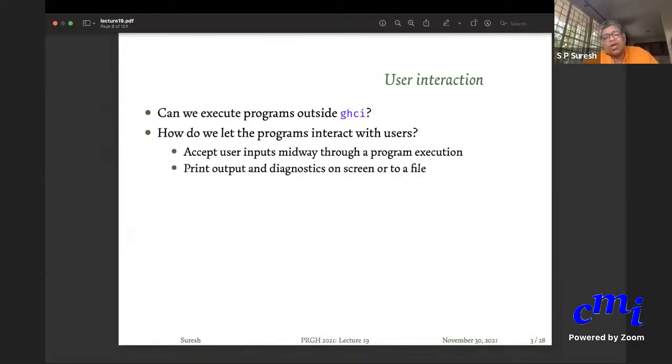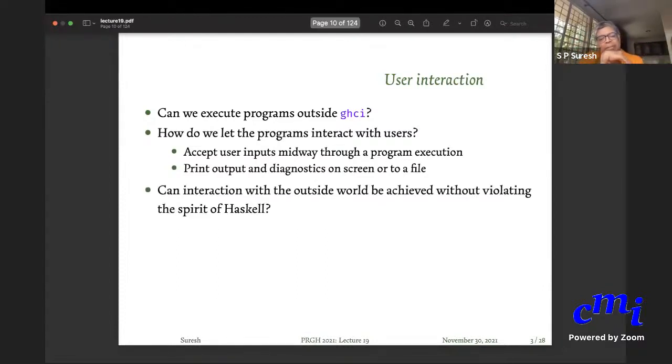And then not just take input from the user, but you also want to print out stuff on the screen saying, okay, at this point, this thing has happened. Even though that is not technically part of the output of your function, you want some kind of messages about your program to be written on screen. This is some very simple kind of interaction with users.